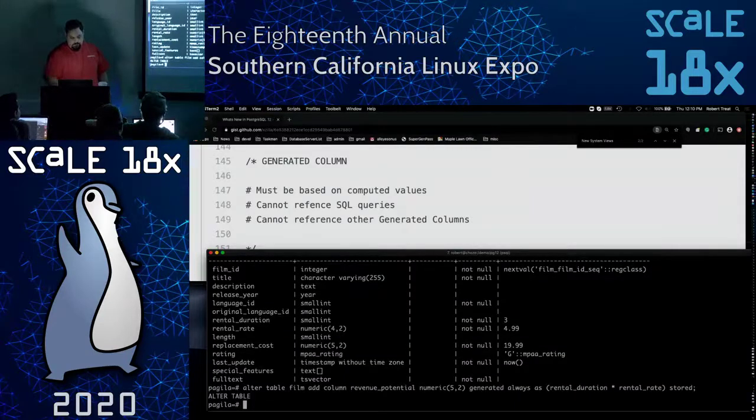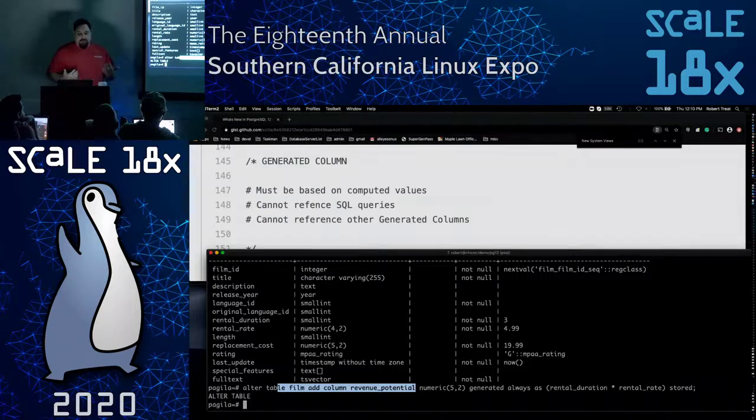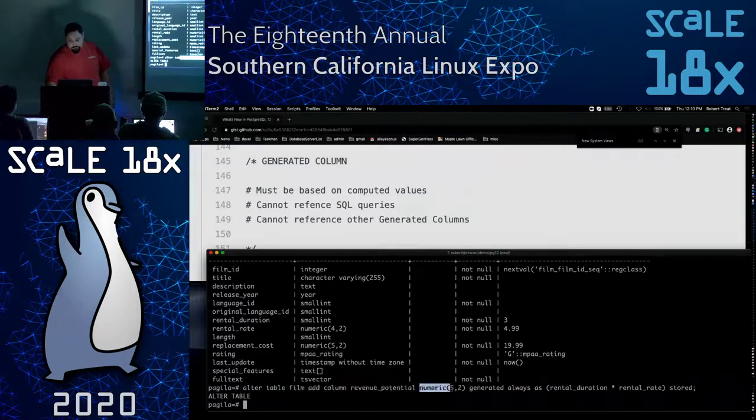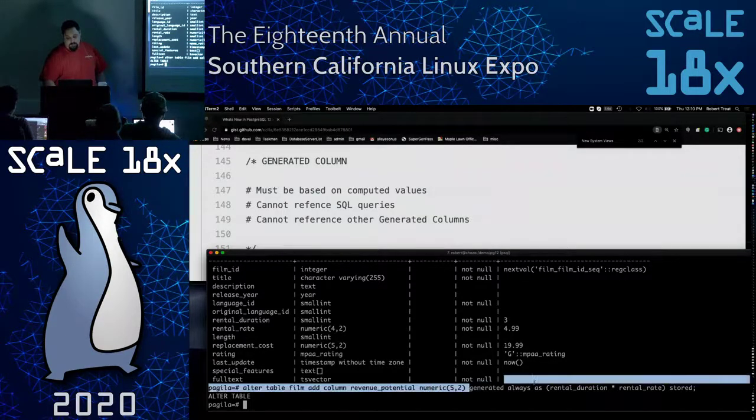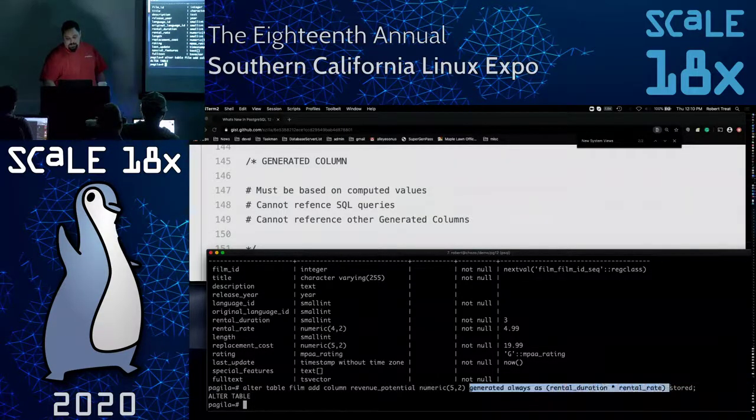And what I want to do is, like you said, alter the table film. I'm going to add this column called revenue potential. It's going to be money, so I'm going to use numeric 5,2. Don't ever use the money type. Anybody using the money type? Okay, good, don't ever use that. So numeric 5,2, I'm going to generate that. Instead of me having to enter the data itself, I generate it always as rental duration times the rental rate,